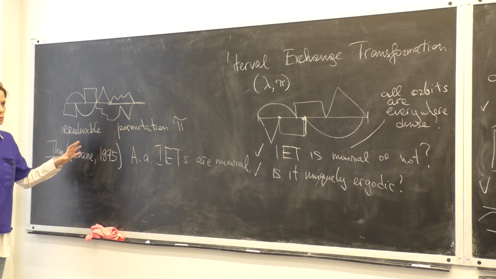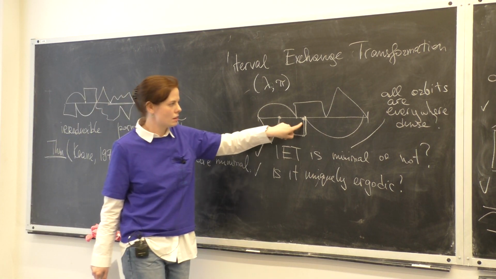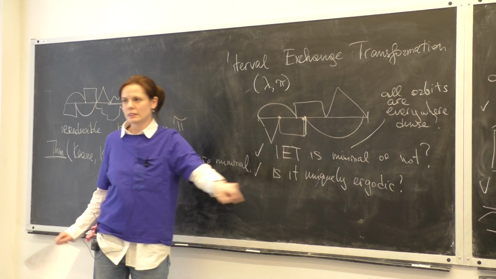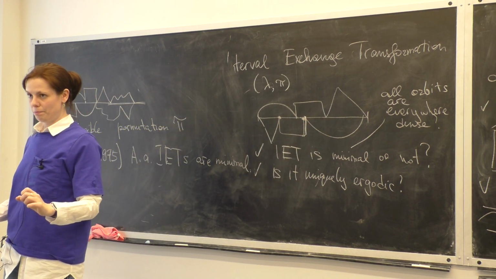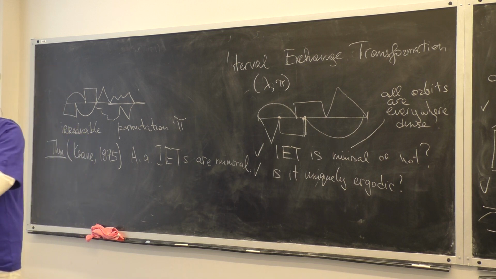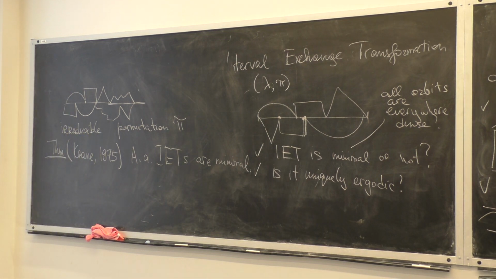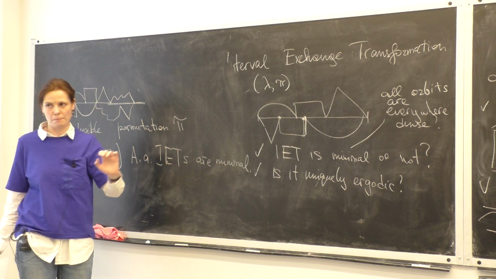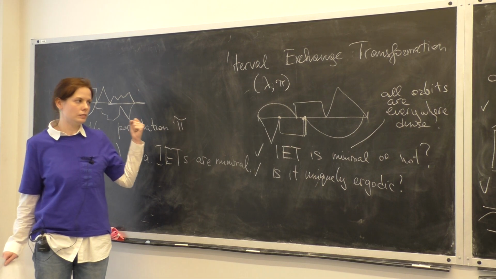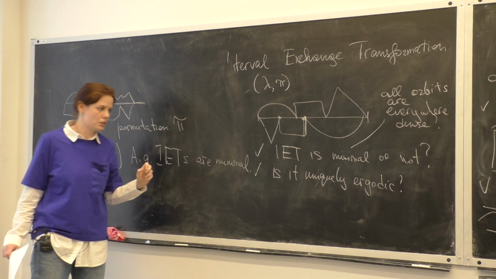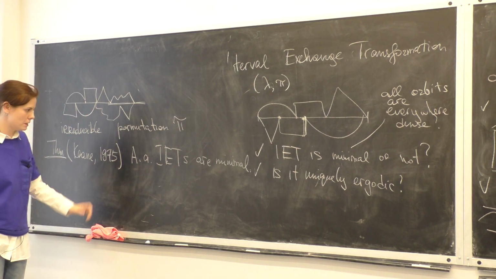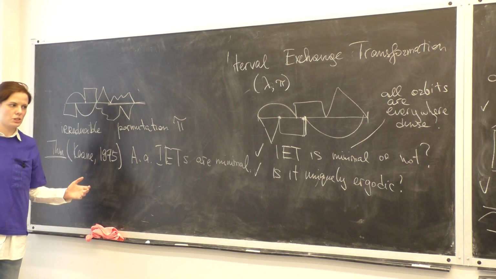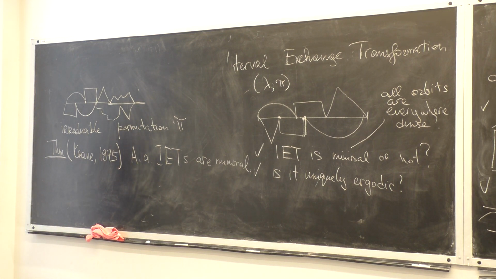Let us assume that these critical points, the ends of the subintervals, never meet in the same orbit. It just happens that they never appear in the orbit of each other. Then it's enough to guarantee that the interval exchange transformation is minimal. We need to remember this condition. I have to acknowledge immediately that it's a sufficient condition, but not a necessary condition. It may happen that Keane's condition is violated, but the interval exchange transformation is still minimal.